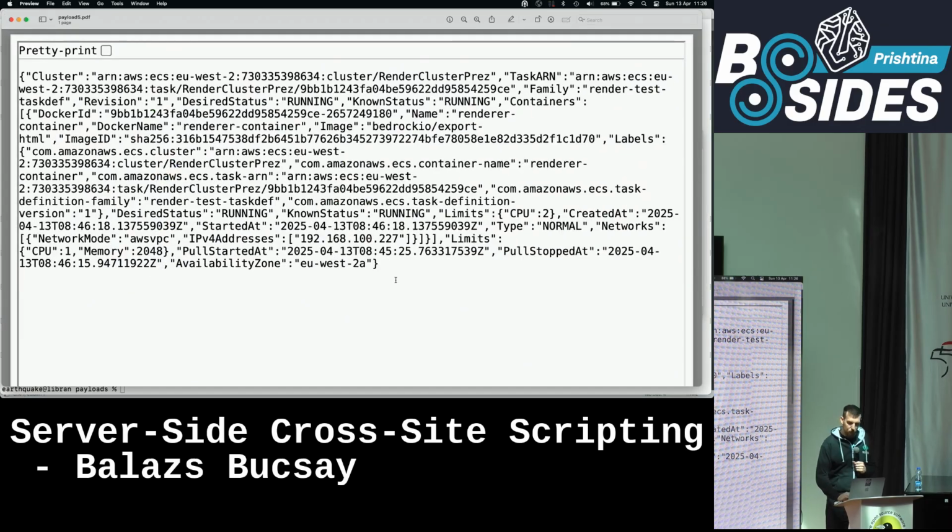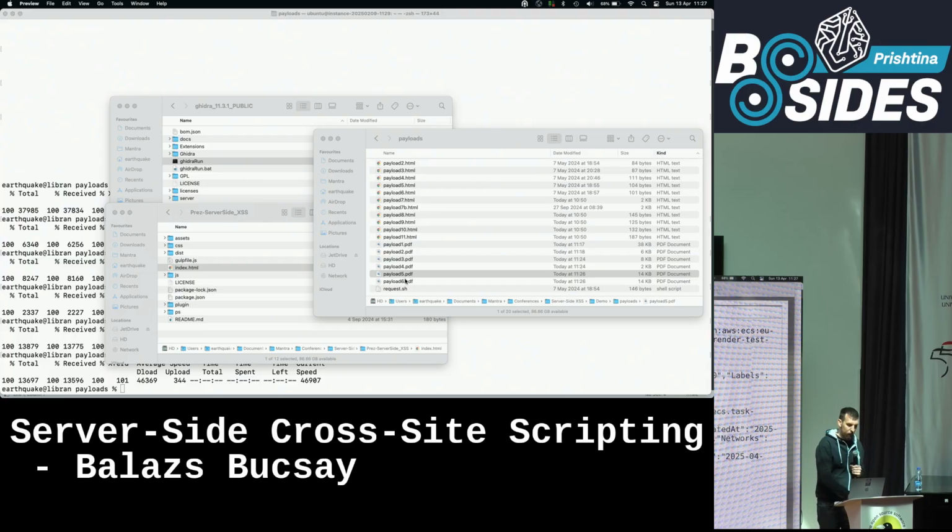So this is 5, and this is JSON content, right? This is returned as JSON. This is the metadata for the container and the cloud and the cluster. You can see the cluster name here, which might be useful if you do attacks on the cloud environment. What else? Then, yeah, the IPv4 address, that's quite important. 227. We might want to remember that that's an internal IP address that we can attack later.